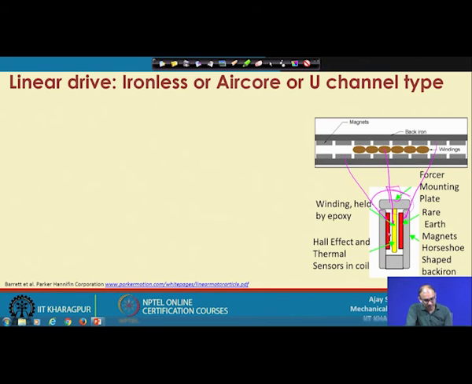The difference between the first and second is that earlier we were using only a single magnet rail, but now we are using two magnet rails. You put the same Hall effect sensors, thermal sensor, everything in the coil, and then there is the back iron plate, so that you can contain all these things in a small volume.